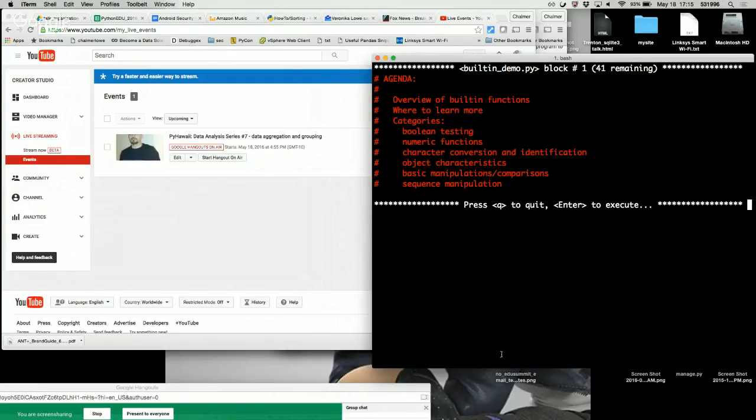We're going to take an overview of built-in functions. So there's a wide variety of functions that come built into the Python language, and they give you the ability to do any number of common computer science types of activities. The main categories that I loosely lump these into are testing things from a Boolean perspective, true and false,